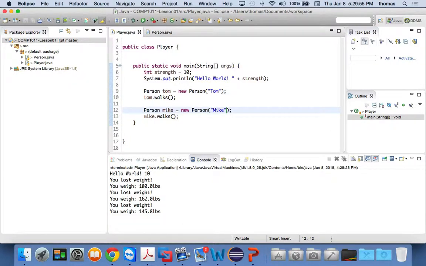It's all happy with me. And let's run it and see what happens. So hello world, 10. It says Tom lost weight. Tom weighs 180 pounds. Mike lost weight. Mike weighs 180 pounds. Tom with a capital T, but then you have Tom walks with a smaller T. Is that not affecting